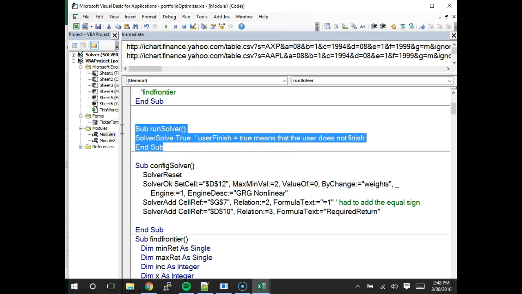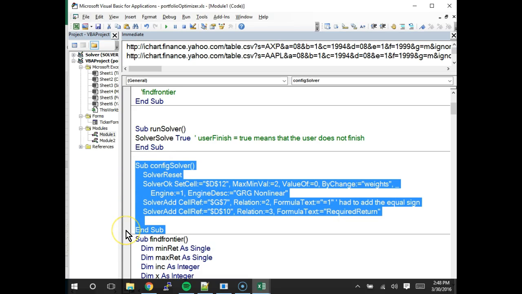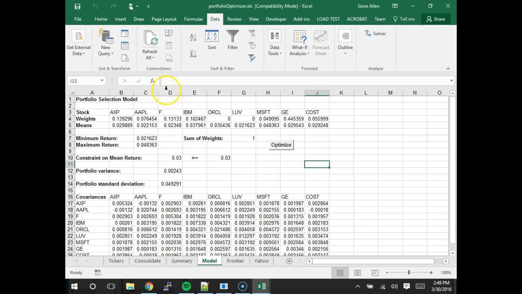So your question is, why is it working? The question is, shouldn't you have to be calling config solver? And the answer is no. Once config solver is set up, the model is set up. Here's the boundaries that we're changing. Here's the goal that we're trying to attain. Here's the constraints. So now, if I change some of the data in that model, I can just say solve again. So if I change this from 0.03 to